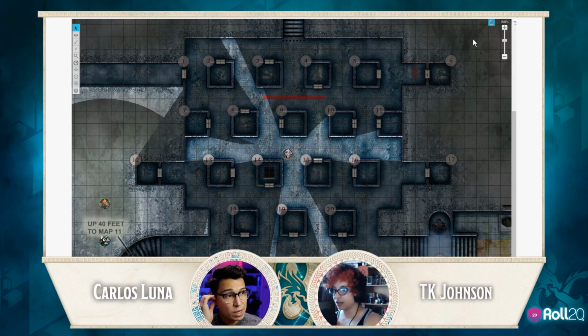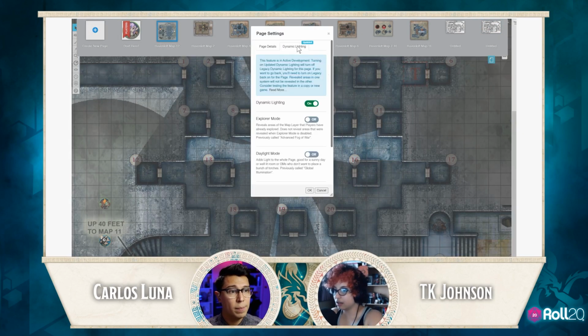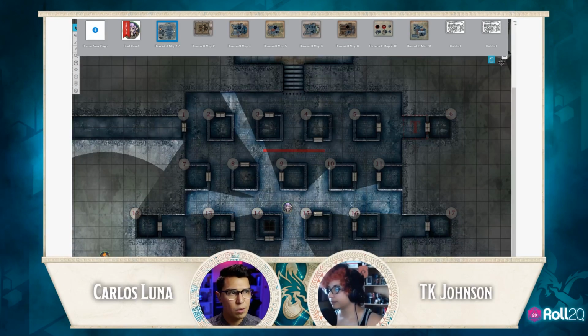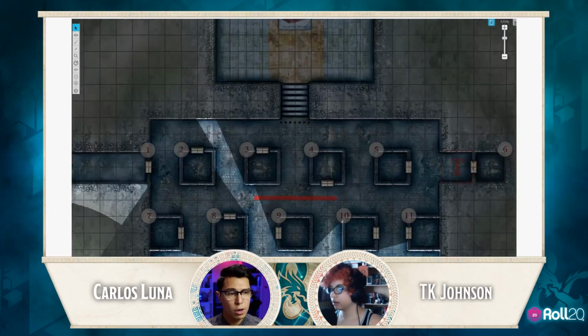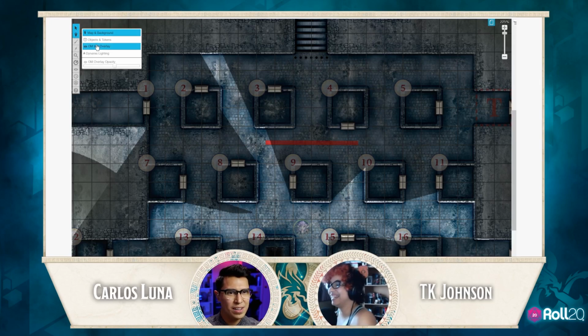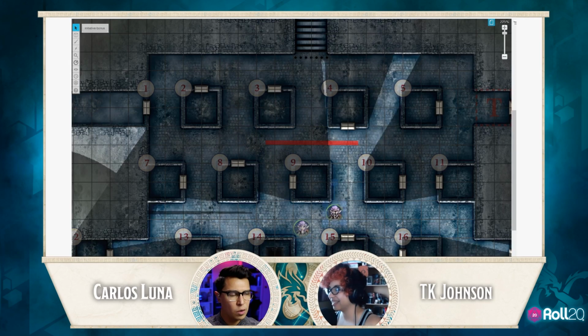The other part of dynamic lighting that I want to touch on is when it would be useful, and that would be in Explorer mode. So Explorer mode, let's turn that on. It works exactly like it sounds. As you explore, it saves your history for your player. So let's say we have this elf right here. They start moving around this area. So as they move through the area,